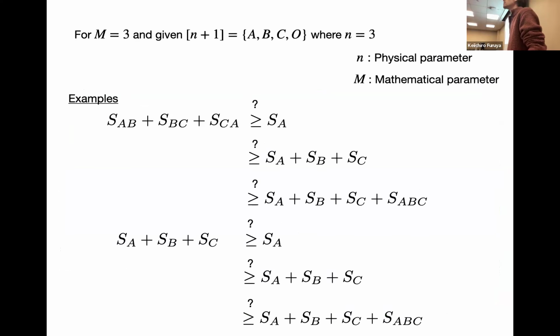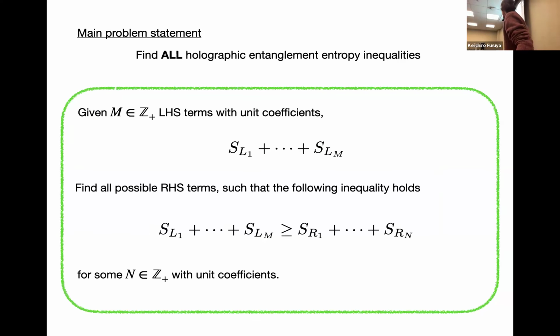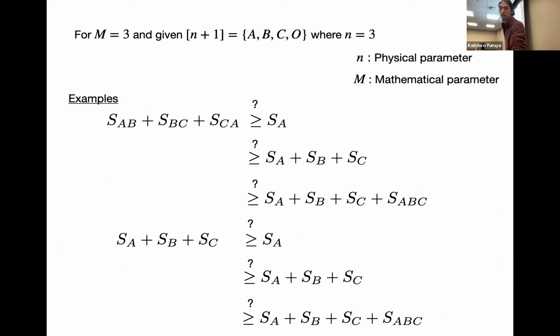Any other questions? Is capital N given? No, so that's the very important part. Here, input is only the left-hand side term. And the number of terms here can vary. So here you have a single term, 3 terms, 4 terms. So you're given little n and big N for a specific problem. Yeah, but in general, we only have capital M as an input of the problem.